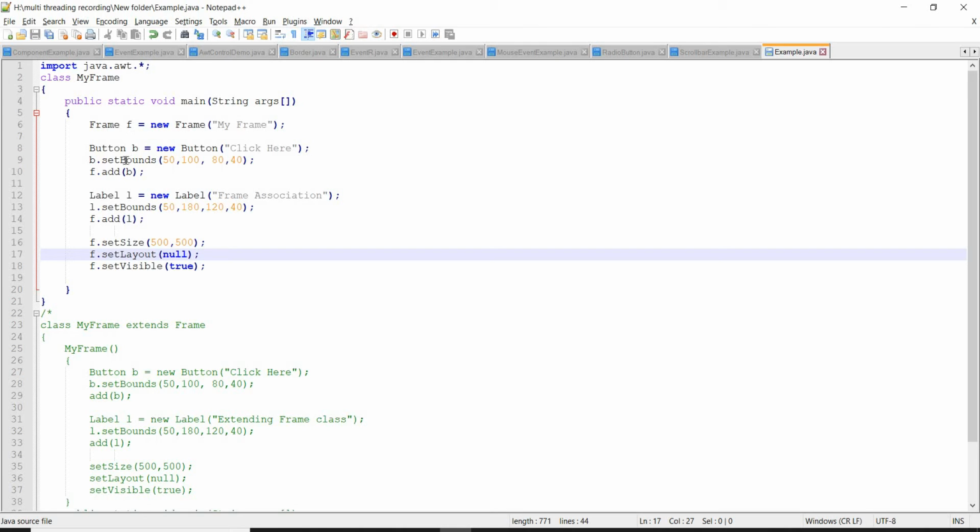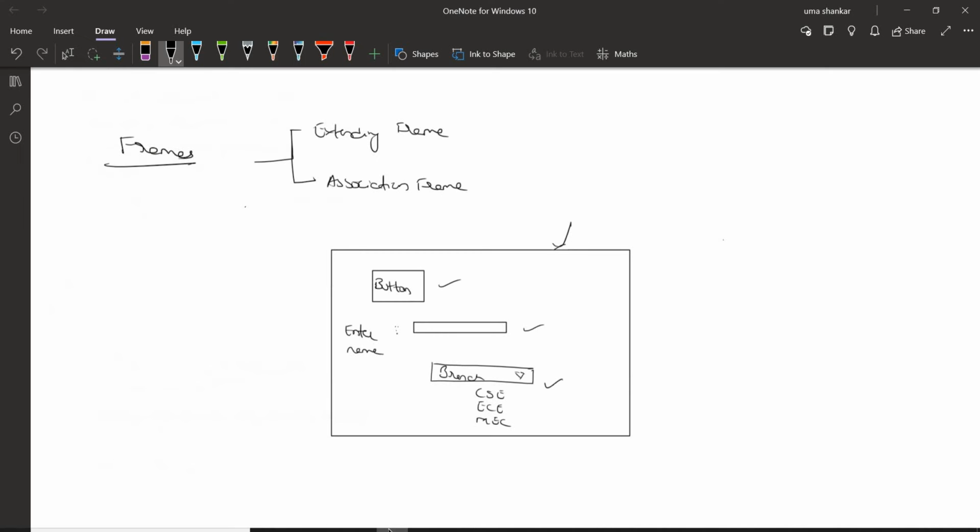Apart from the frame, we are going to create two more components. One is a button. To create a button, in the AWT there is a class called Button. New Button of text. This text will appear on the button.